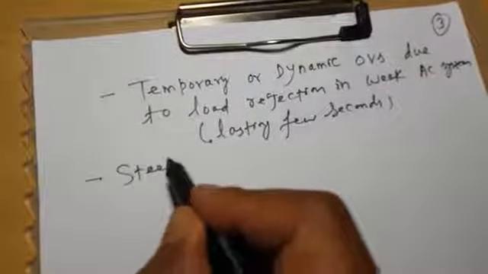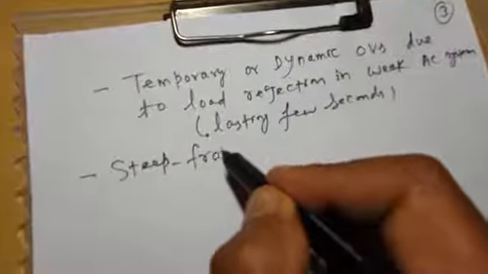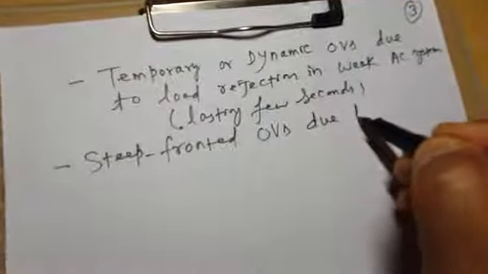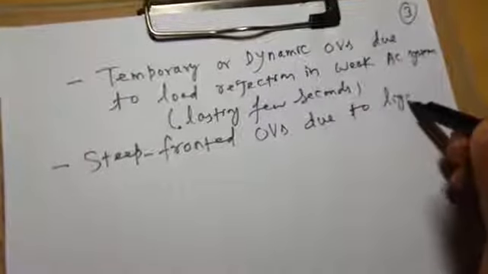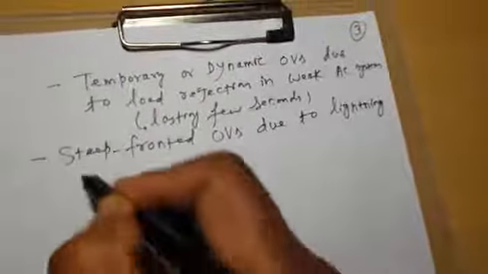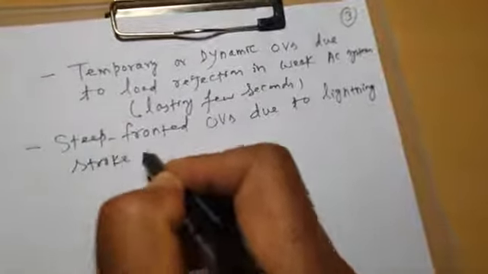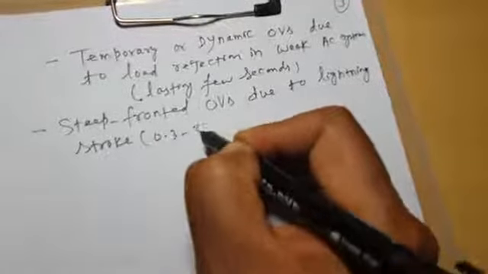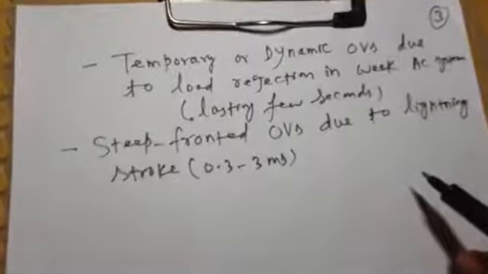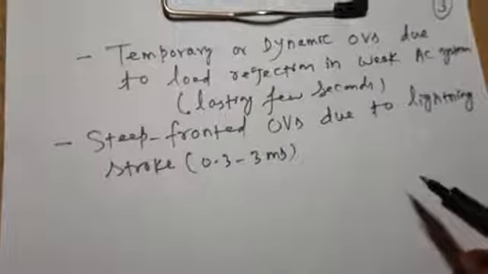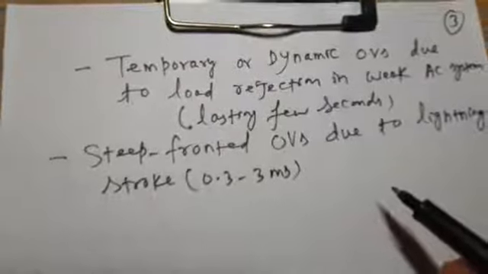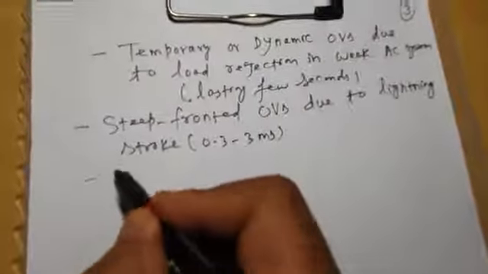steep fronted over voltage due to lightning stroke, and the duration is 0.3 to 3 milliseconds. Lightning stroke is a common cause of over voltage on the AC side, and hence it will result in over voltage in your HVDC system. Okay, and next is